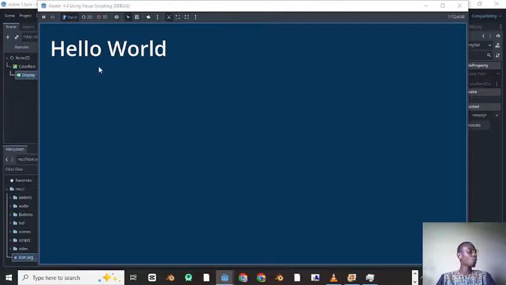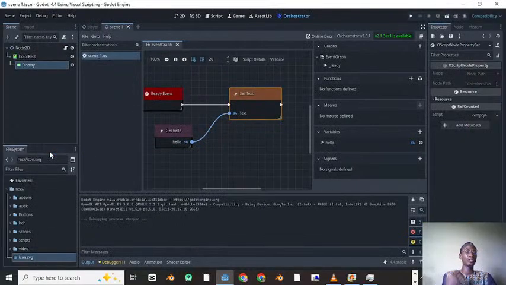So now what if you want to be able to change the color of the hello world? How do we do that? Whenever it displays, it's going to be white in color, but after a while